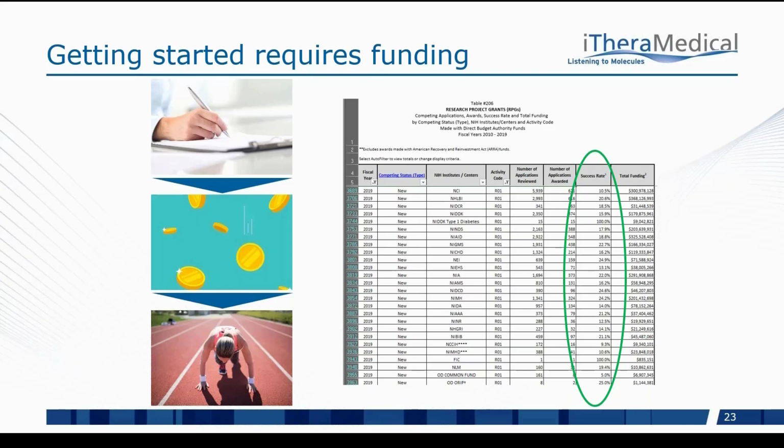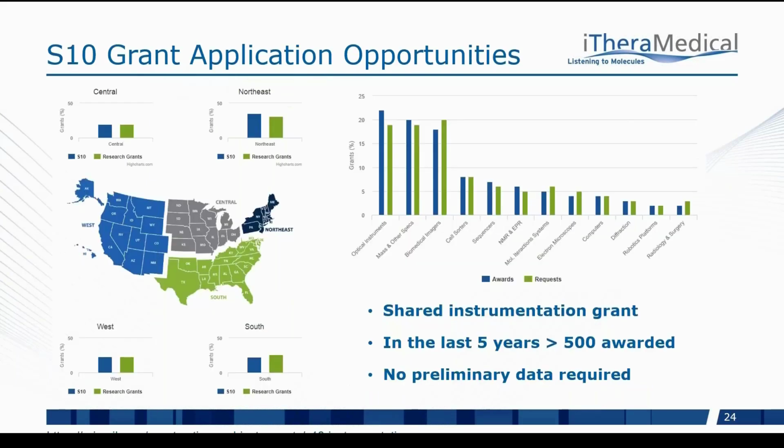So I was actually a bit encouraged by that, but nevertheless, it's clear that this is a competitive scenario. And especially if the technology is new to you, then that can be an especially challenging thing to do, to submit grant applications with a technology with which you're not an expert. So there are mechanisms for this. This is just one possible mechanism that's valid in the US. Hope there are similar